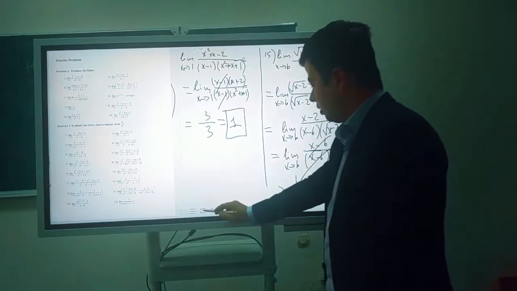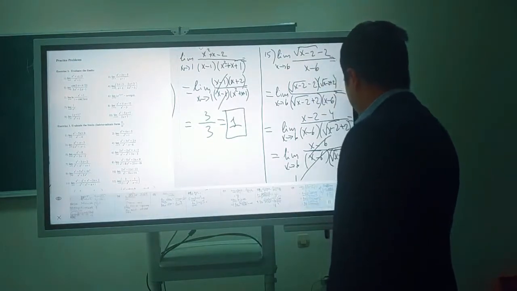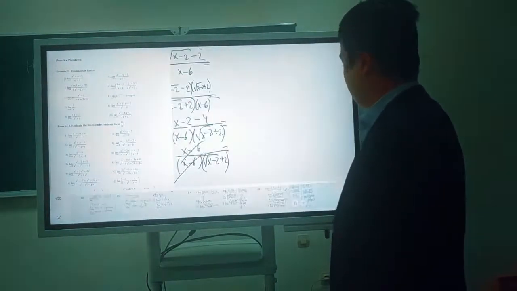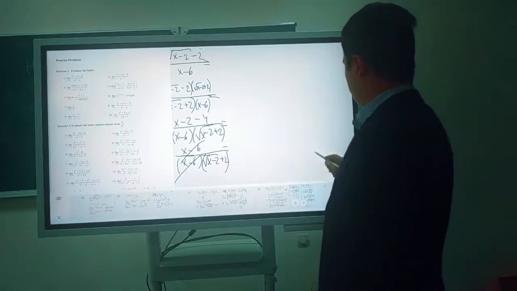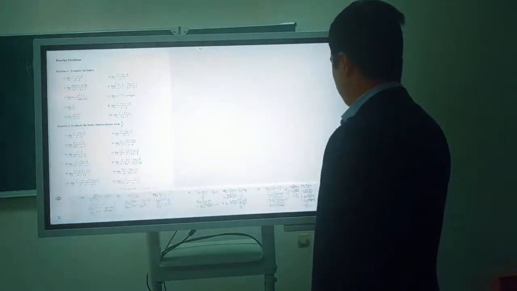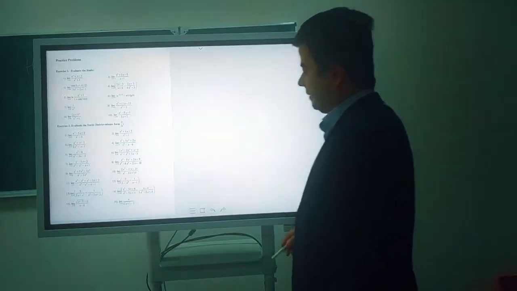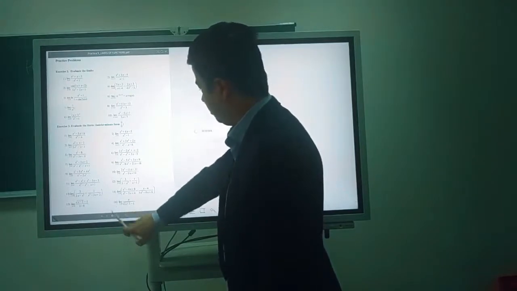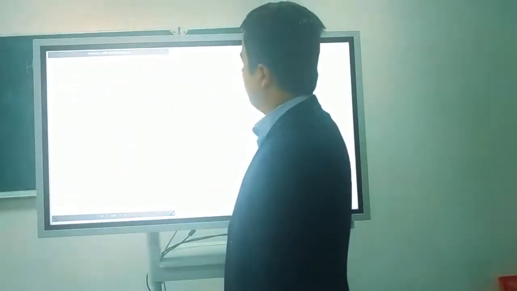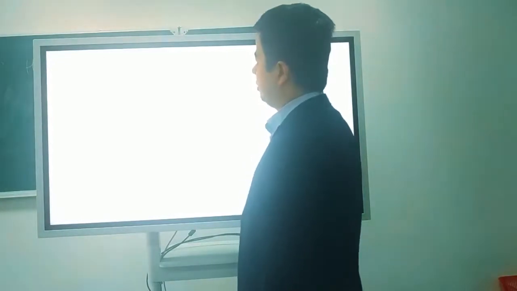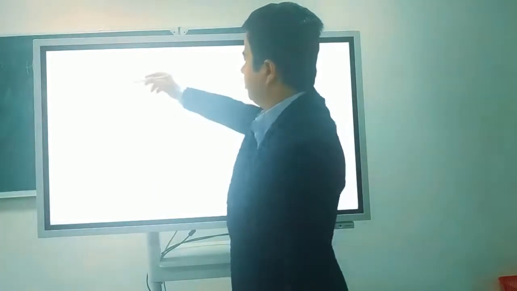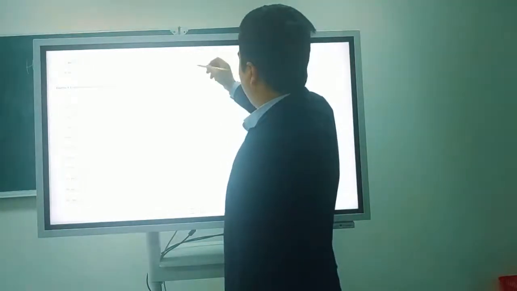Okay, let's continue. Here we have more examples on indeterminate form 0 over 0. And now, indeterminate form infinity over infinity. The second one, for example, limit